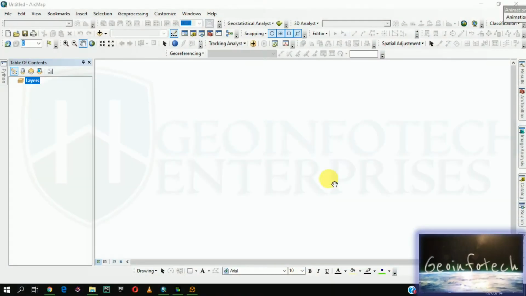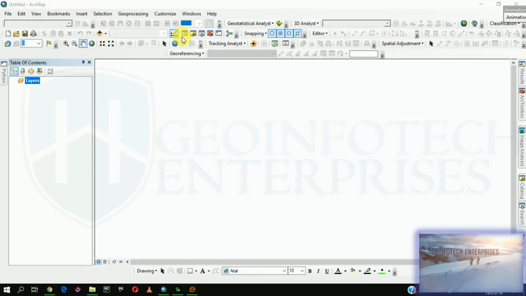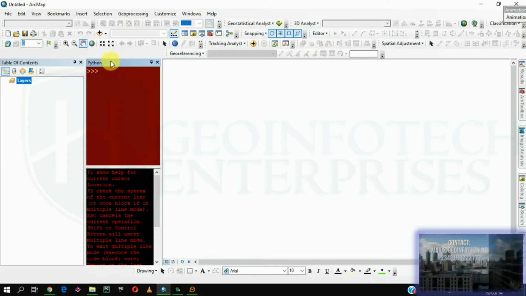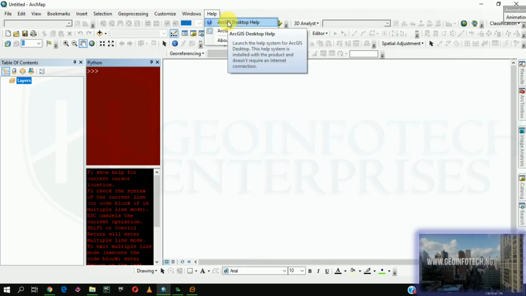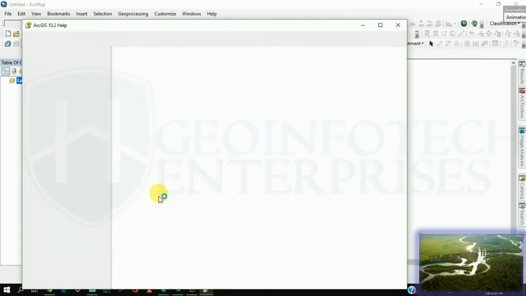This is just an introduction, more like the basics of ArcGIS with arcpy using Python. Alright, so first of all you activate this, then make sure you get familiar with the help. It helps a lot. If you click on this, you see most of the important codes that you're going to be typing. They are